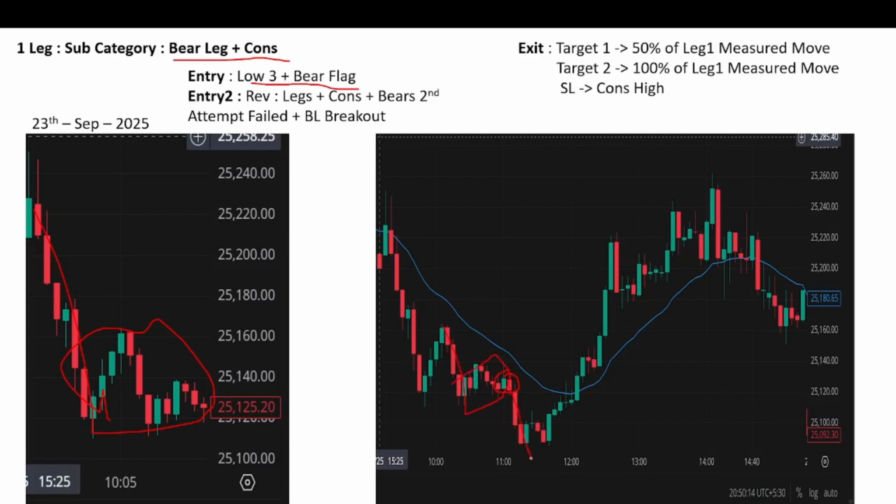So you can enter here, and the reversal rules that we had discussed before are: when there are 3 continuous legs in one direction, you should look out for reversal, and the reversal setup here is 3 legs. You should consider 3 legs, and the consolidation happened. Bears tried to go one more time lower, so the bears' second attempt failed by a bull breakout bar here. In that case you can enter the reversal trade, and this same entry condition will repeat many times throughout this video in different days.